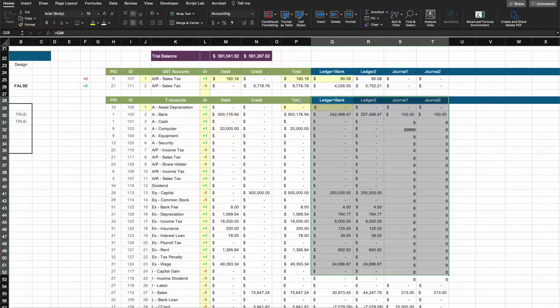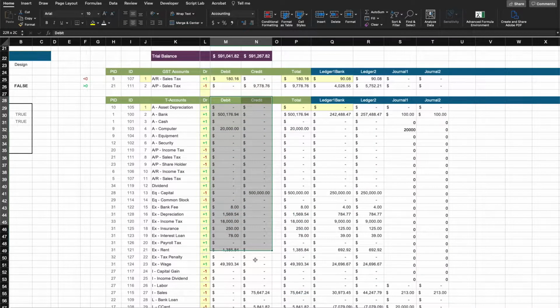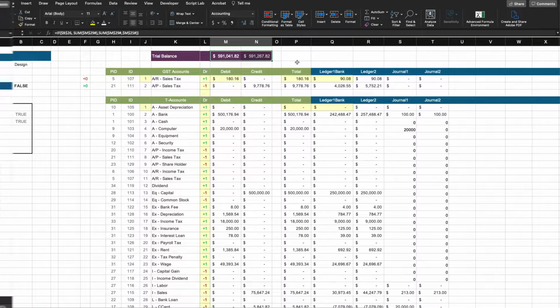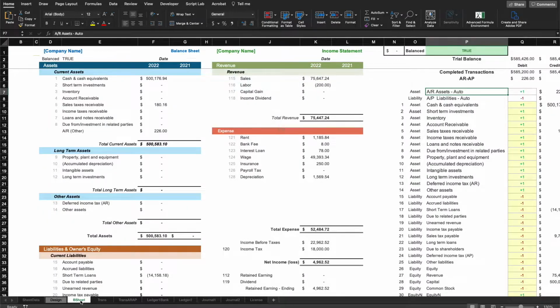Then we extended that total back into debits and credits and set up the details for the trial balance calculations. In this video, we'll go one step further and update the trial balance, and then also update the T accounts total into the various T account categories and then into the various sections of our financial statement